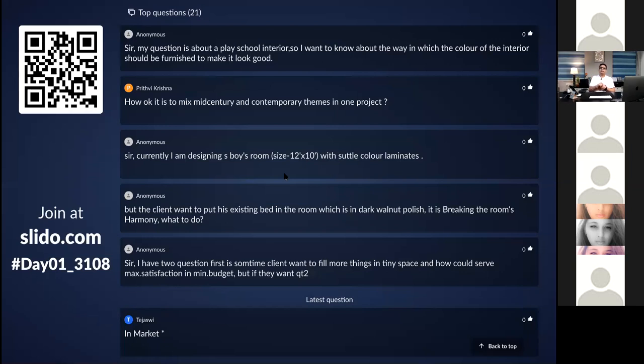Alternatively, I don't know where that wall is, but if that wall can take some planter boxes, you can take 12 mm pine wood. A 12 mm pine wood sheet will cost you around 3,500. Depending on the wall size, you can take one or two sheets, cut them into 3 inch strips, which are 3 feet, 4 feet long, and put them in a staggered form. So one strip is here, one strip is here, and like that, something in a staggered form.